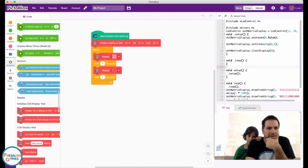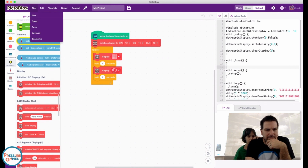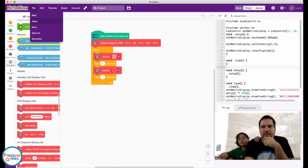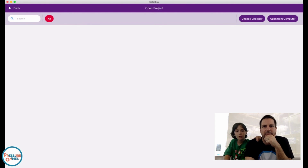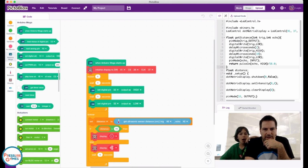Over here, there should be... I'm actually going to open a different project that I have. Is it the other one? I don't know. Hold on. Let me... Friendly robot face. You literally named it friendly robot. I did, and it worked. So we should have a...